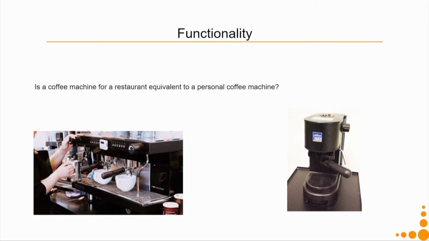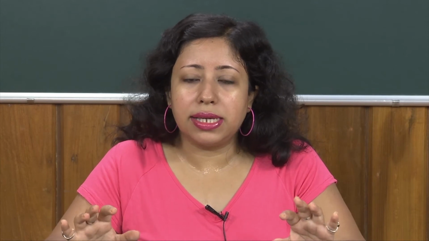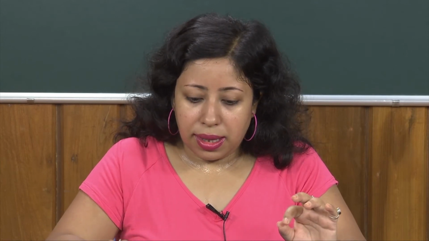So here comes a third important aspect of life cycle assessment: functionality. We of course cannot compare apples versus oranges. There is no way to compare them. So we have to ensure that the functionality is the same. So setting the functional unit, or something which is called a declared unit. There is a difference between the two, the meaning of the two, but they are used in a similar context.